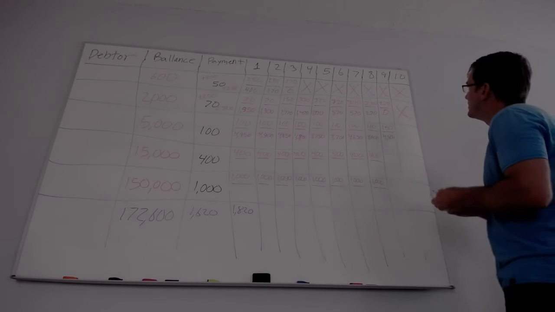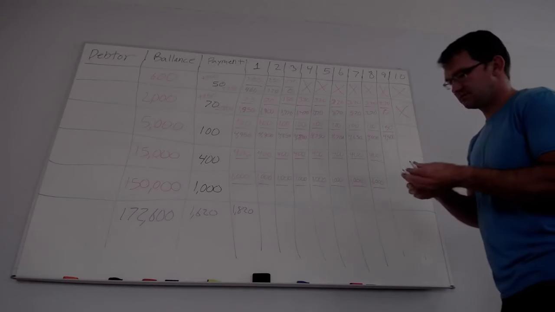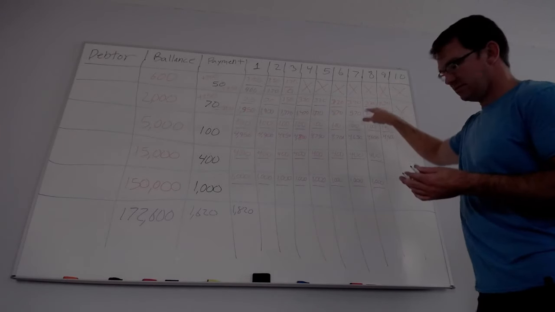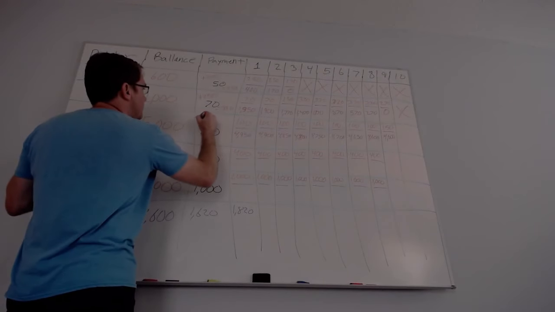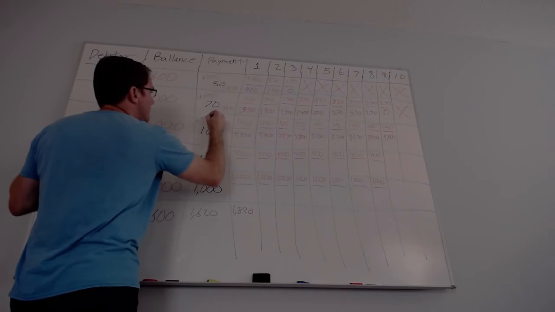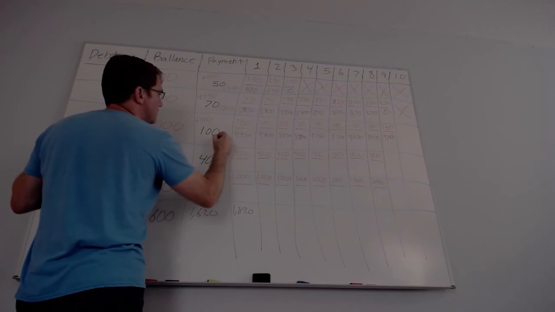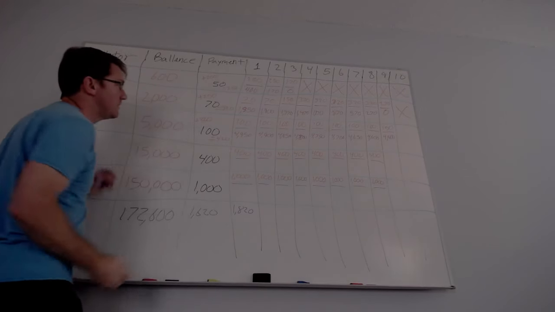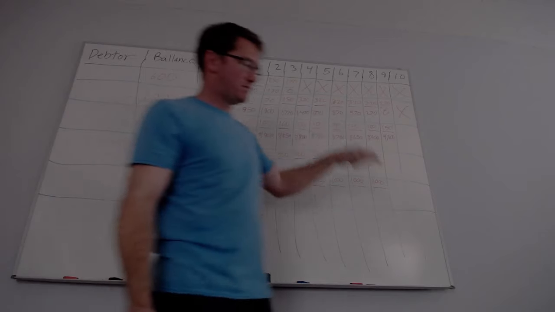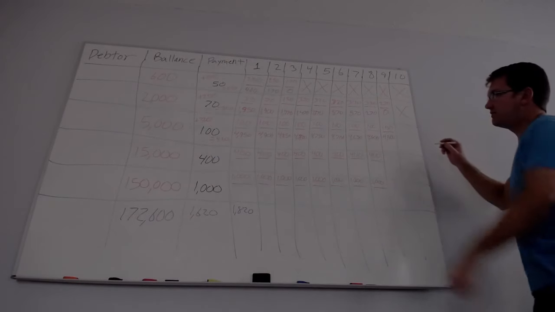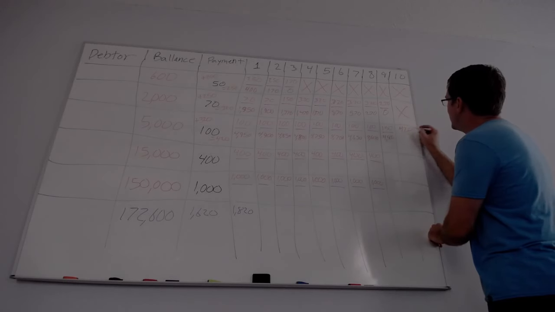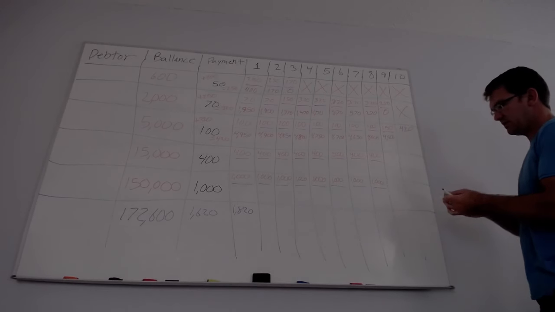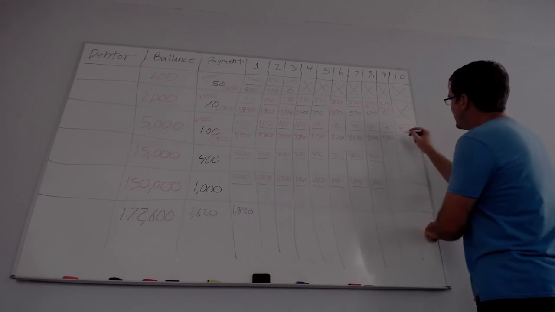Now this 320 plus 320 equals 420. So the new payment for that third line of debt we're going to send in is 420,